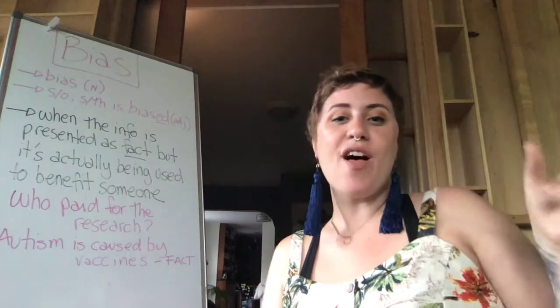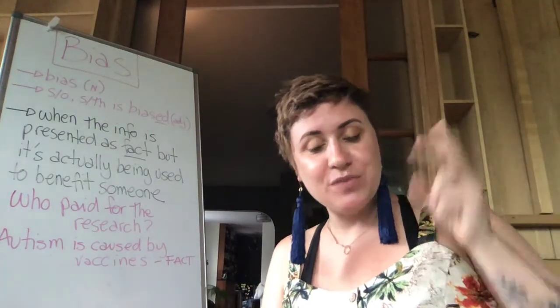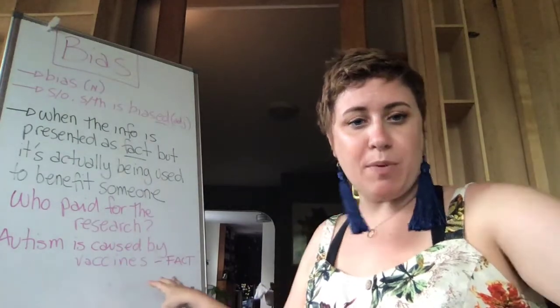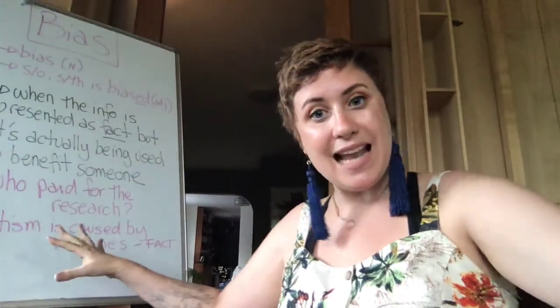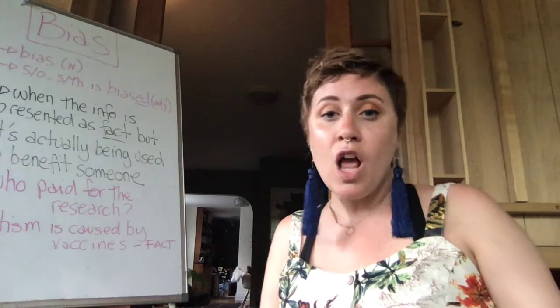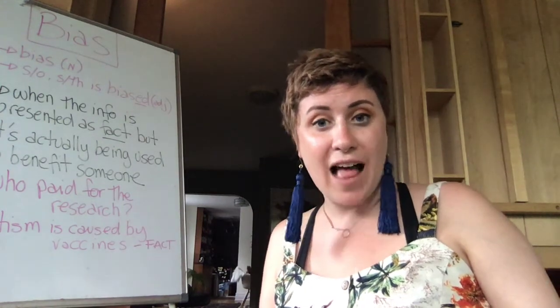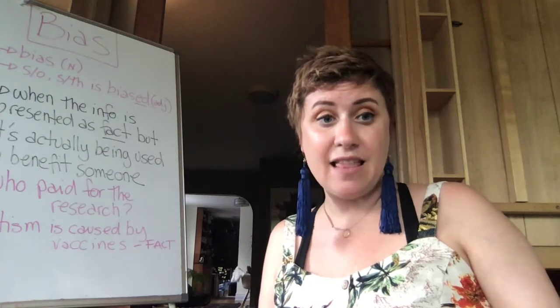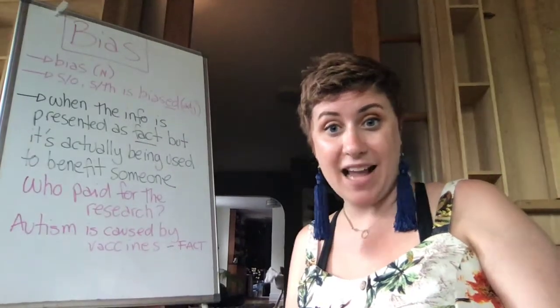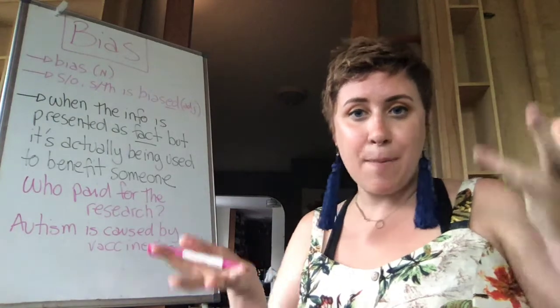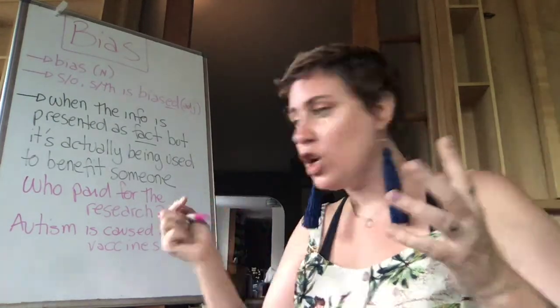So, this is Evaluating Sources and Bias, part 2. Okay, so we were talking about autism being caused by vaccines and how this is written as a fact. When research information is presented to you like it is a fact, that is a big sign that this information is actually biased. What you want to look for is nice balanced language, like